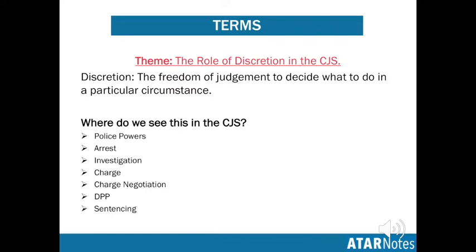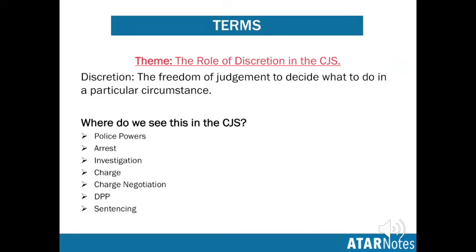Police powers, number one. So just a really brief example here. If a police officer is looking at a situation, they're monitoring what might be a suspicious circumstance, suspicious behaviour, whatever it may be, a police officer is monitoring the situation, they use their discretion as to whether or not this person is going to be a danger to society, if they're going to use force, if they're going to use a taser, if they're going to shoot, and so forth. It's about making the decision in that moment, in that particular circumstance in order to make the best decision possible according to obviously the guidelines and the circumstances and whatnot.